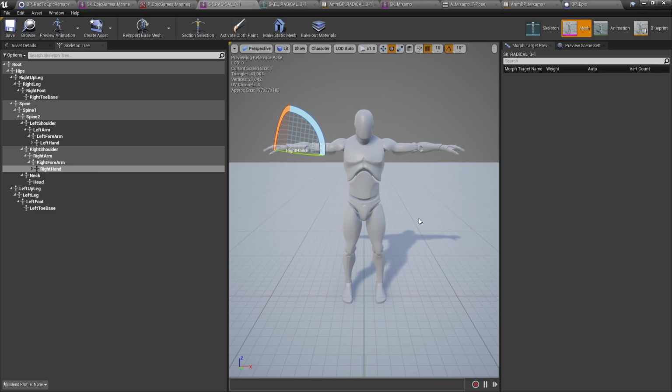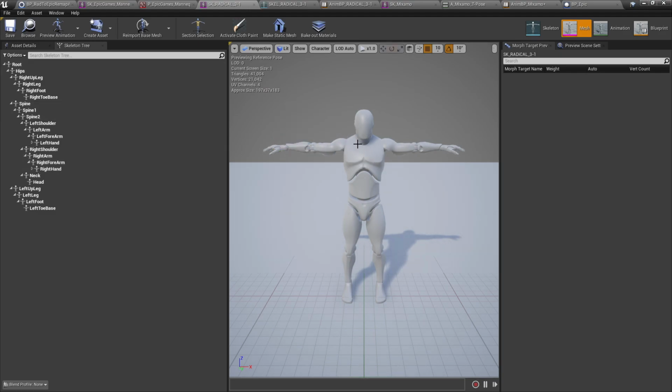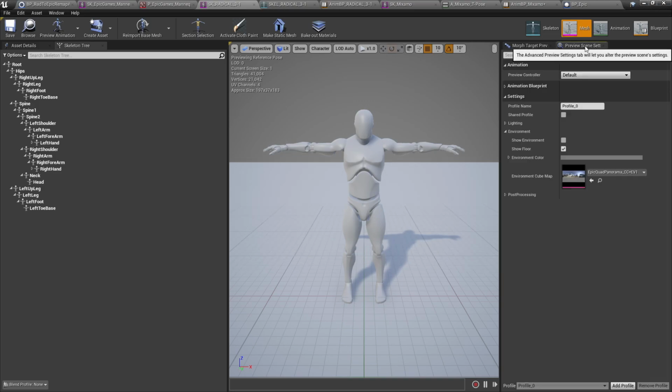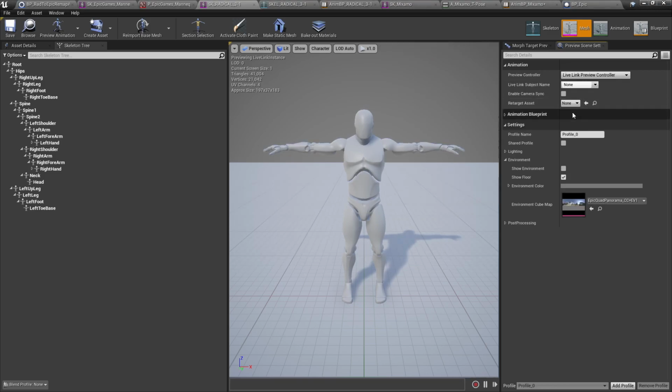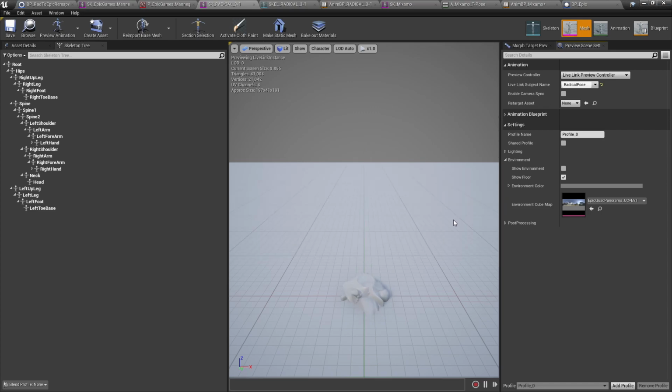This skeleton structure is identical to Radical Studio's internal skeleton that it's using for 3D pose estimation. This will just make it easier for us to preview the data without having to worry about compatibility with different skeletons. So if we go to the preview scene settings, we can select the preview controller as the live link preview controller, select our Radical pose as the subject name, and you'll see that there's some pretty weird stuff going